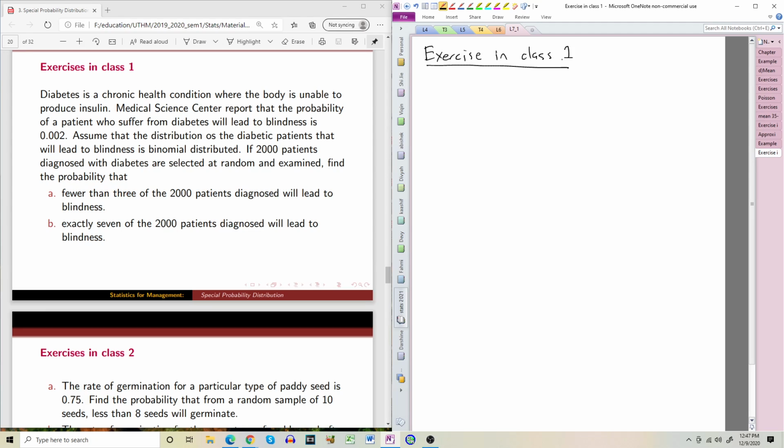Medical Science Center reports that the probability of a patient who suffers from diabetes will lead to blindness is 0.002. Assume that the distribution is binomially distributed. If 2000 patients diagnosed with,